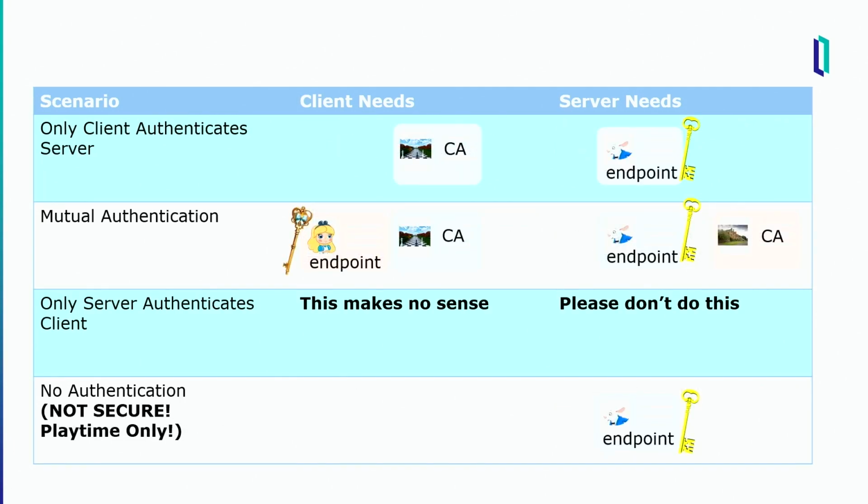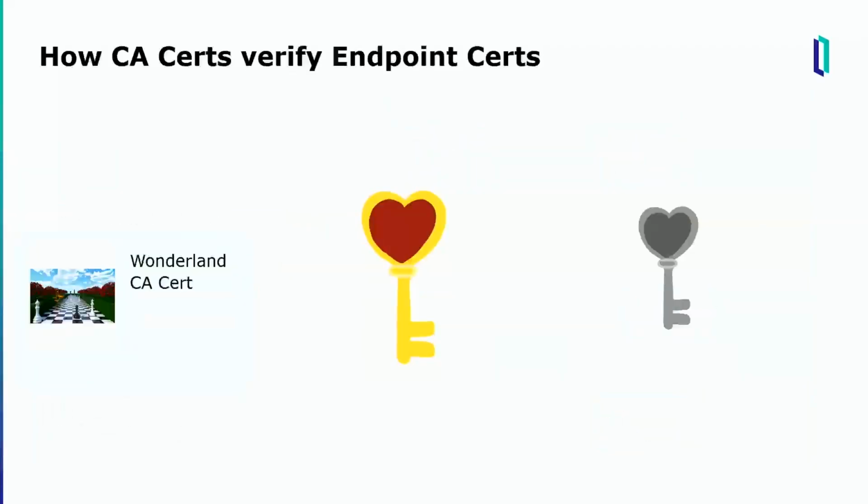Note here that the private key for the client, in this case Alice, is the one that matches the client endpoint certificate, right? She should not have Bob's private key unless Bob wants her to be able to impersonate him, which would be bad. Okay. Since we're talking about key pairs, we'll now also talk about how they're used to verify the authenticity of the